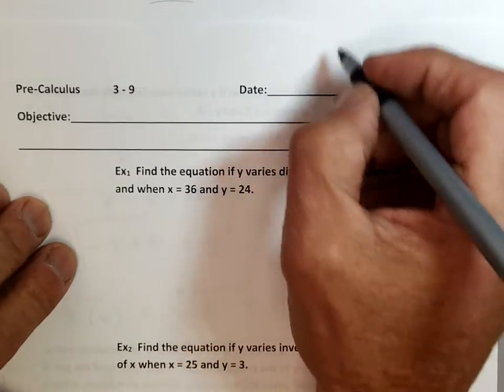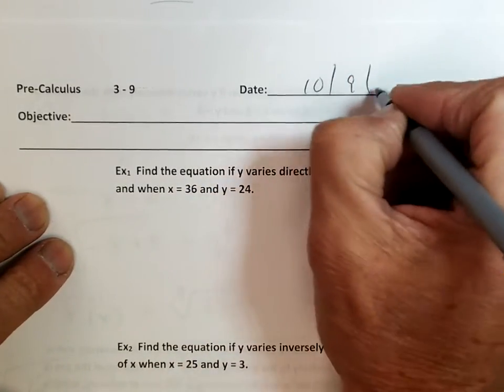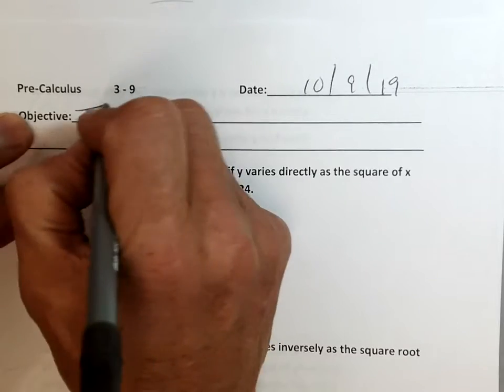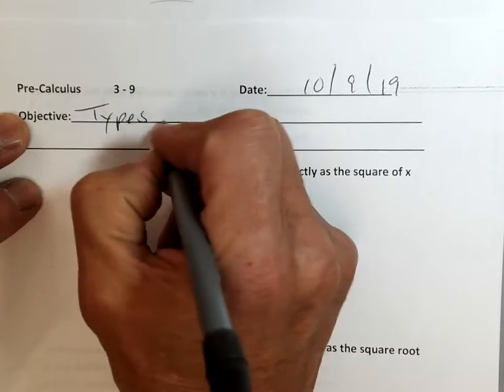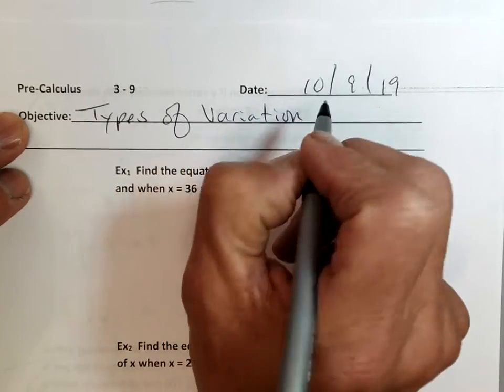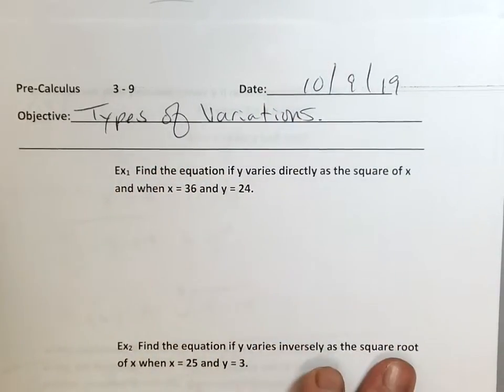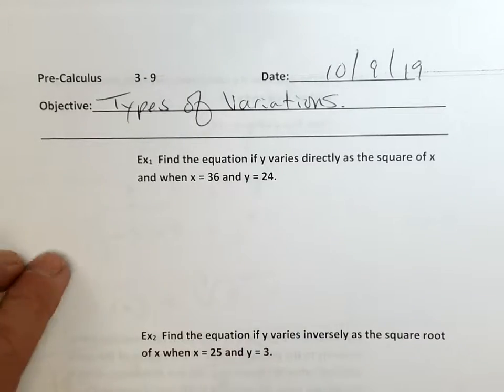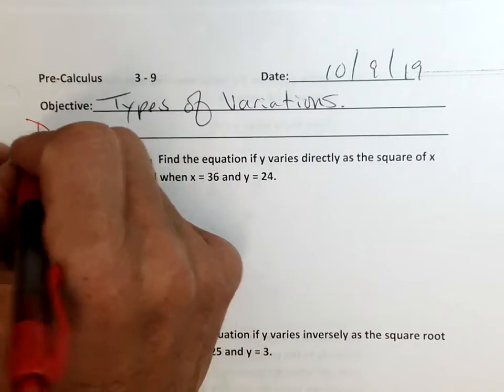Today's date, 10/9/19, and we're talking about types of variation. Types of variations. Today we're going to have direct